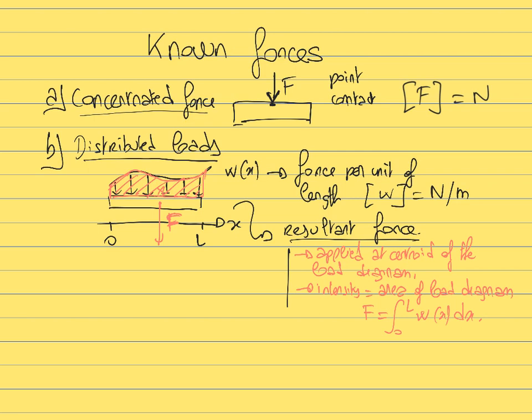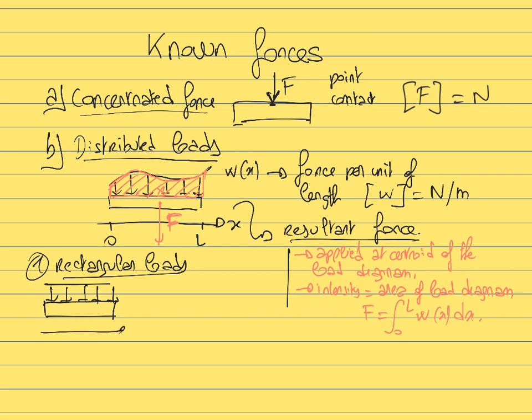will focus on two types of distributed load. The first type will be rectangular loads, where the load in this case is the same over the entire length of the member. So if you have a given member with a length that goes between 0 and L over the axis X, and if the load is constant, and usually when it's constant we write it W naught, then the load diagram is simply a rectangle, which means that